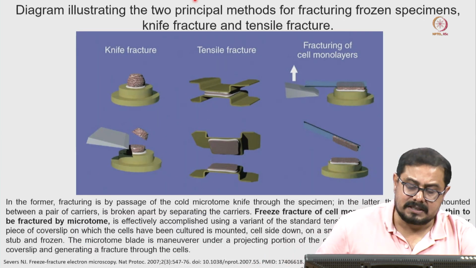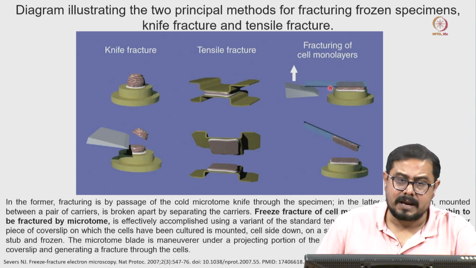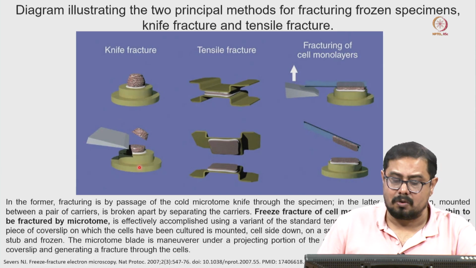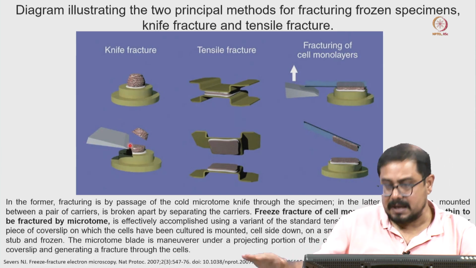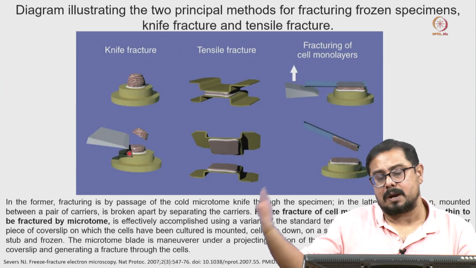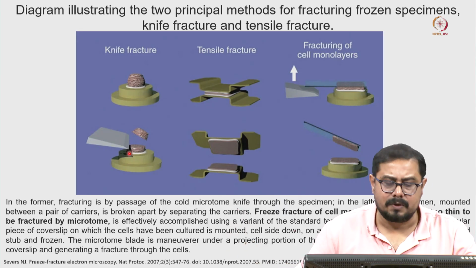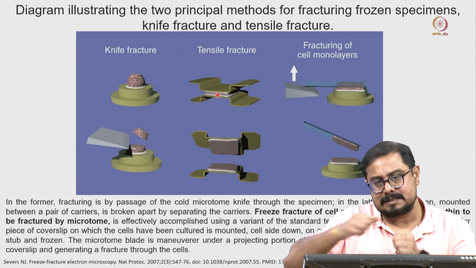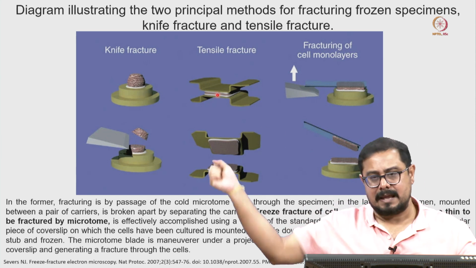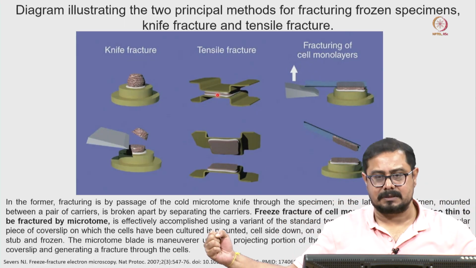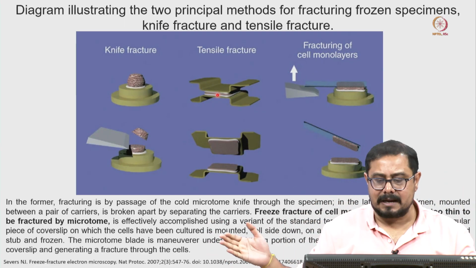How are we doing this fracture? There are different types we can apply. I already talked about the knife. The cell is already frozen, and this is the blade at cold temperature. We use it to make that fracture or cut the cell, and then we put it on the grid to visualize. Or we can also use tensile fracture, where the cell is attached, and at cold temperature we put it and then take it away. When the cell is completely frozen, if we just give some pressure, the cell rupture will happen.